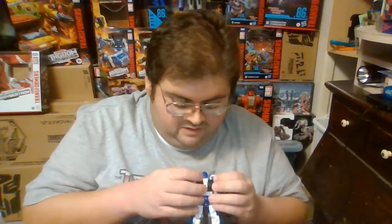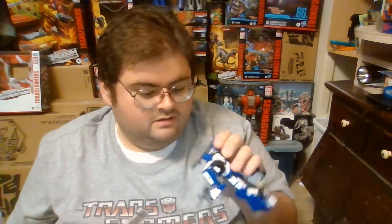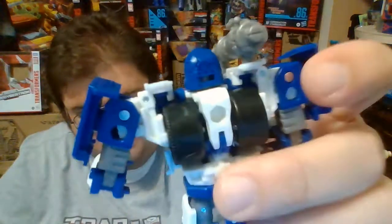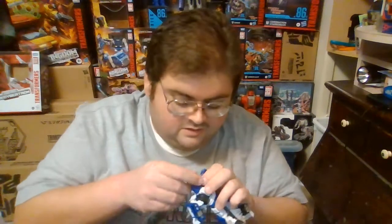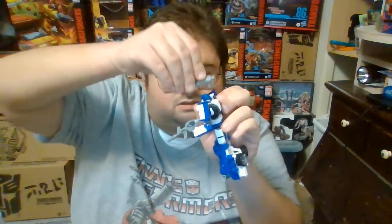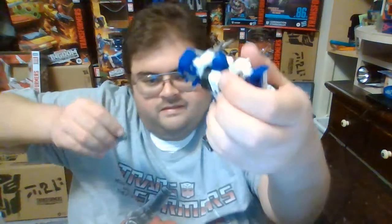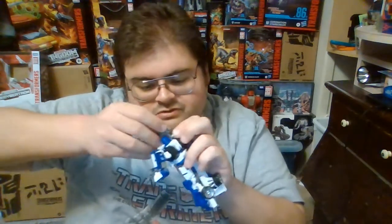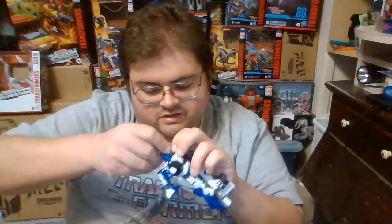So, out of all four of the upgrade kits I got from JRC Design, I highly recommend you use an extreme amount of caution on the Kingdom Mirage shoulder mounts, because if you look right there, it's a very thin piece of plastic. When you attach and detach the shoulder cannon, don't just shove it down in there or yank it off. I highly recommend you use two fingers on both ends of the shoulder mount, and slowly wriggle the shoulder cannon on and off